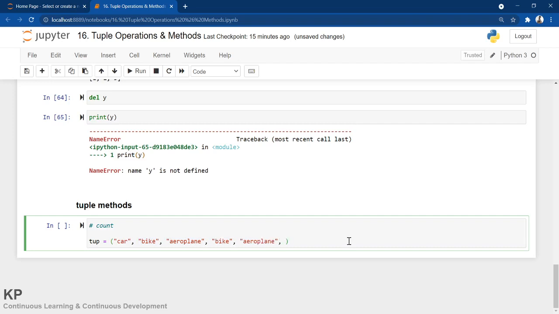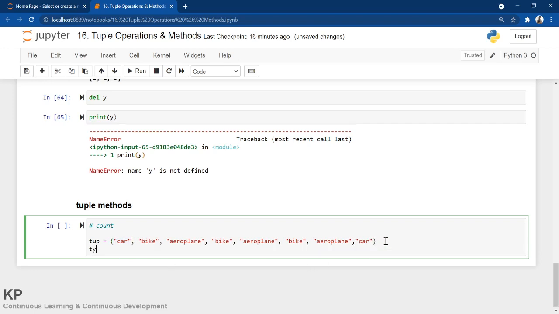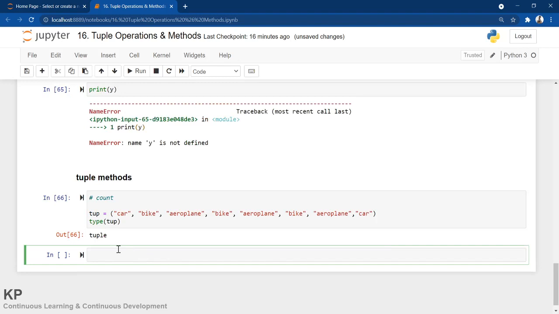Again I put a comma and paste it again, and again a comma. I'm just copying car and putting it at the end again. So this is my tuple. Let me also show the type of tup. It's a tuple.